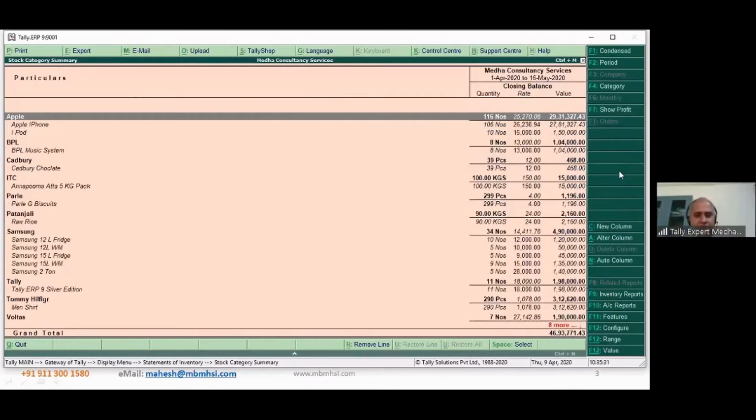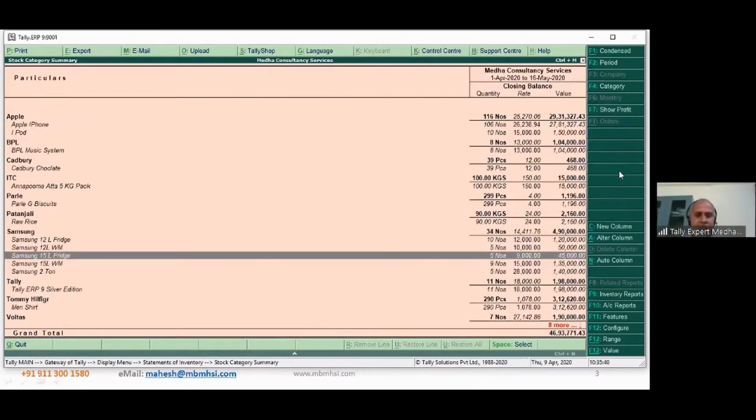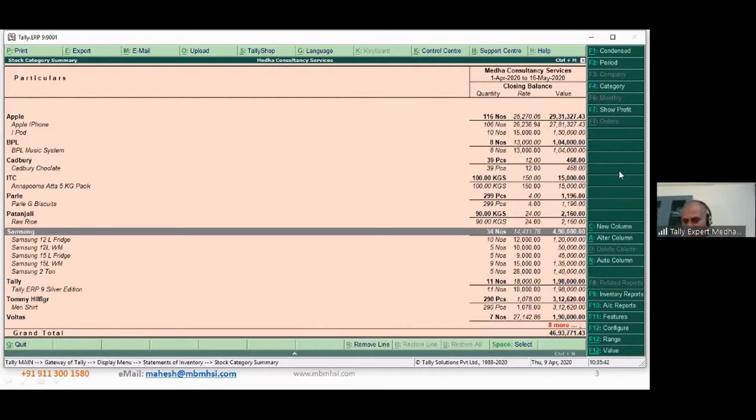Now the same items are shown based on the brand. This is what will help me. For example, I have 34 numbers of Samsung products across all the product lines.